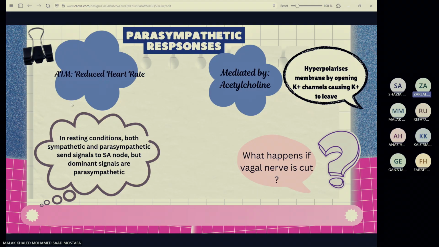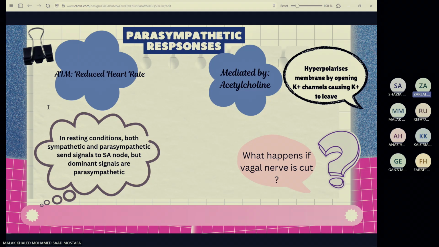Okay. So we talked about sympathetic responses, and now let's talk about parasympathetic responses. The entire goal of parasympathetic responses is to keep a lower heart rate, okay? And this is mediated by acetylcholine. Acetylcholine will cause the potassium channels to open, which causes potassium to leave. So the membrane is hyperpolarized. In resting conditions, we can say that the parasympathetic system